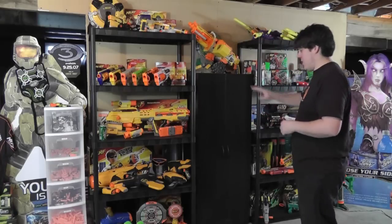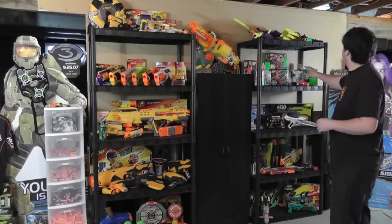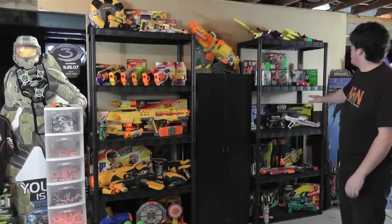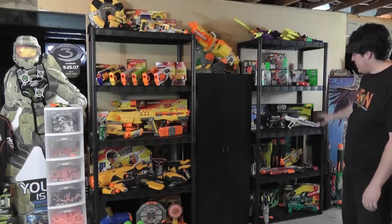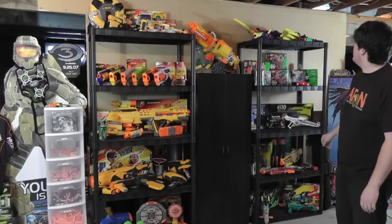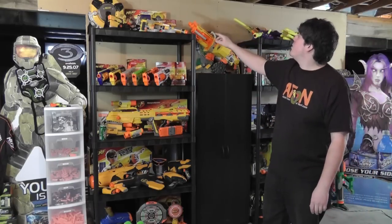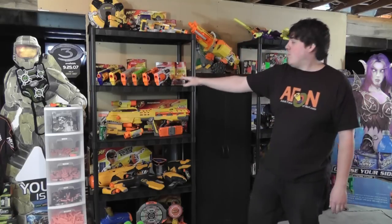So here is the third and final portion of my collection. This is mostly where I have my blasters displayed outside their boxes, except for these guys up here. Most of my older blasters are up here. Got Star Wars section, got Cyber Strike gear. All these boxes are full. I got my Aerostorm, Vulcan, Spectre, I got some Micro Blasters, my Maverick collection,